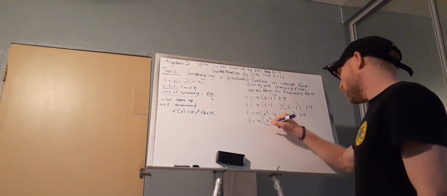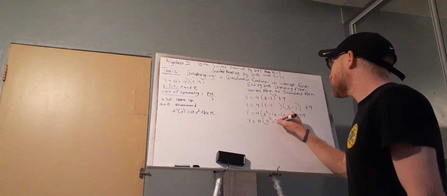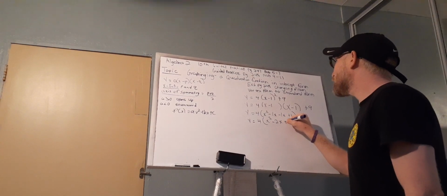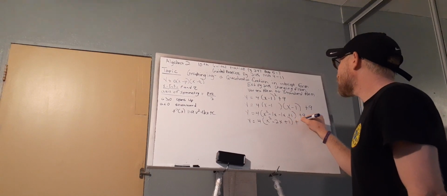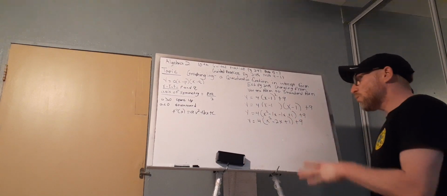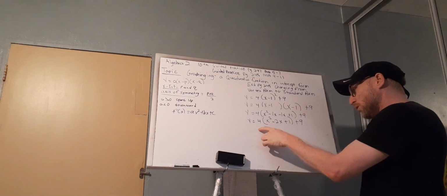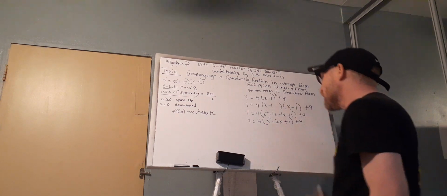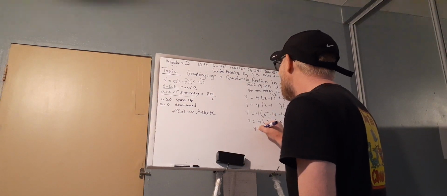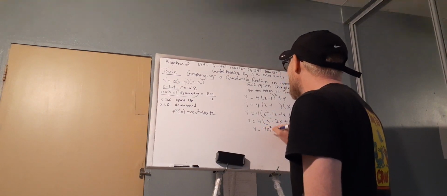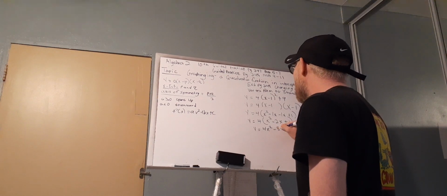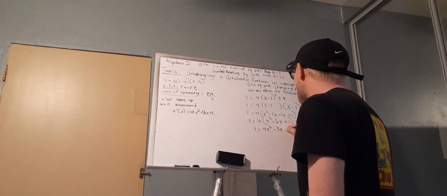And then negative 1 minus 1 is actually minus 2x plus 1 plus 9. Okay, so we're still following our order of operations, which means we're going to multiply and then add. So we're going to say 4 times x squared is 4x squared. 4 times minus 2 is minus 8x. And 4 times 1 is 4